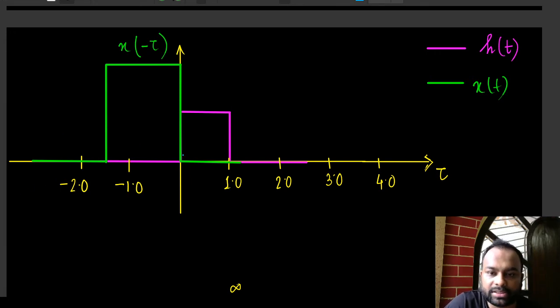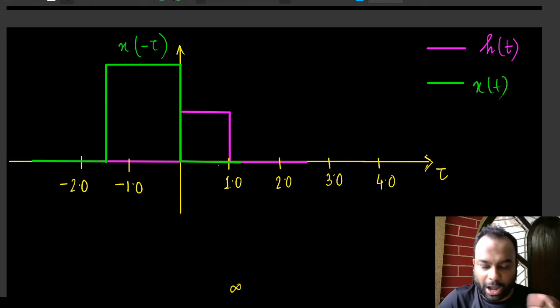And again afterwards, after t equal to 0, say at tau equal to 0.5, at this point the green one is 0 and the purple one is 1. So multiply them, you get a 0. Again at tau equal to 1, the green one is 0 and the purple one is 1, or transiting from 1 to 0. Whatever it is, the product is 0, and for the rest of the time the product is 0.